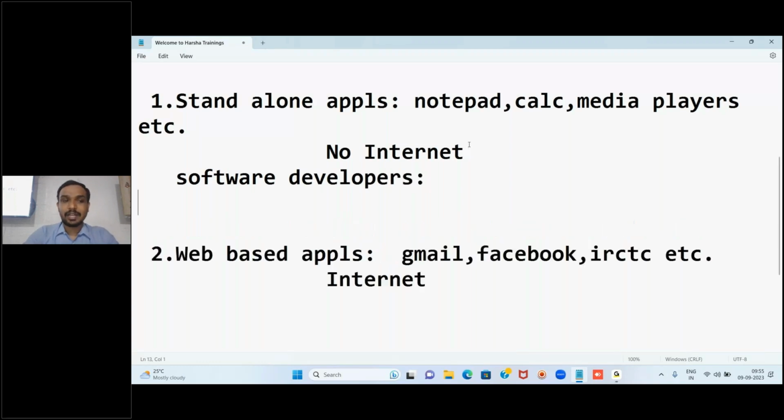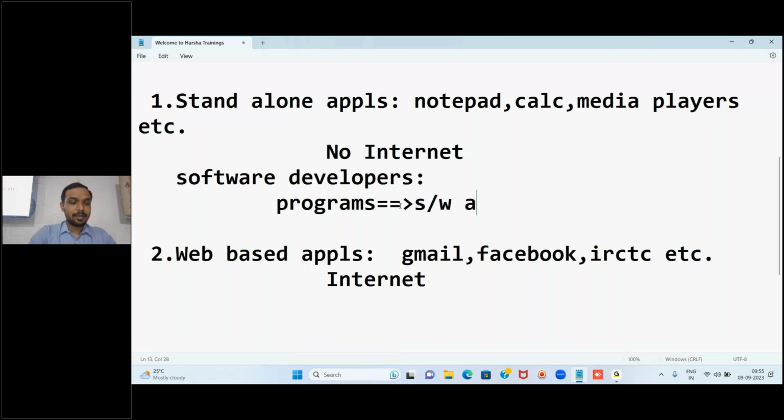And what this actually contains, like every application internally contains some set of programs. Different programs will be there. Let's say, for example, Microsoft Word. It will be having file, edit, different options will be there, right? As a normal user, we say like different options are there, but from a programmer's perspective, it is like different programs. All those together is a software application. And to develop those programs, and programs together will make it a software application.